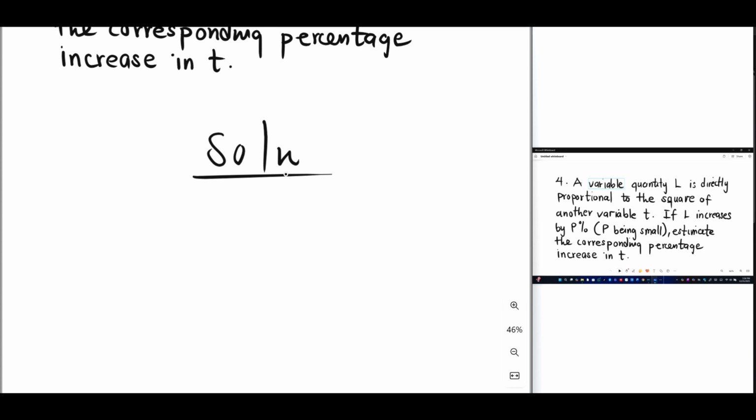So we have the first variable quantity to be L, which is directly proportional to the square of what? T. So T squared. Then you now introduce your constant of variation, which is L is equal to K multiplying T squared, where